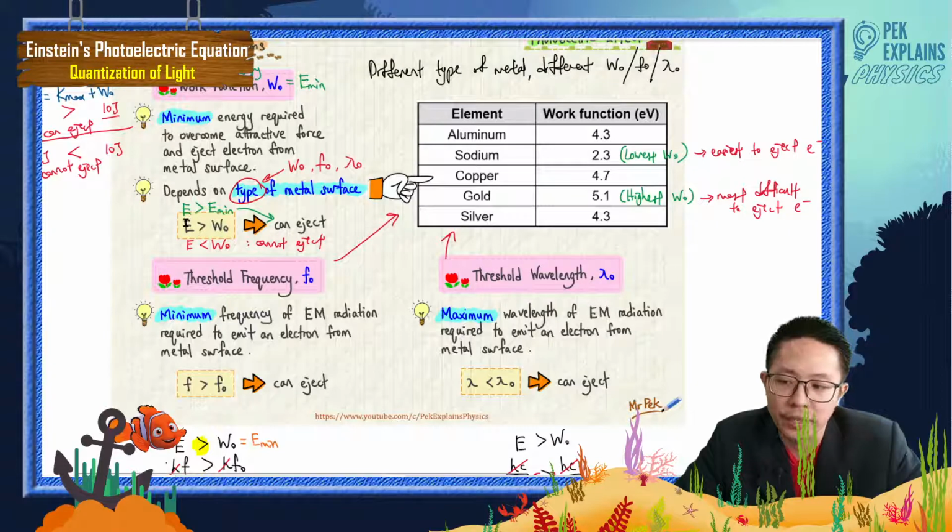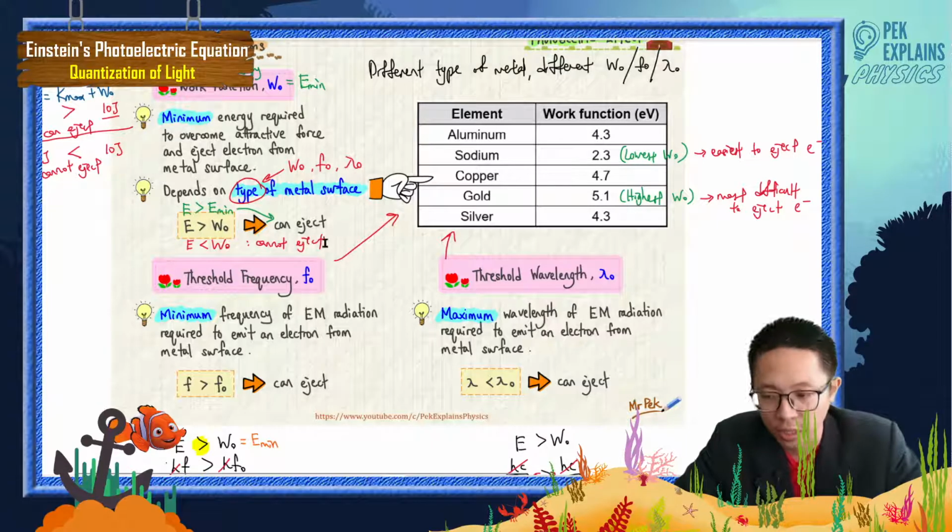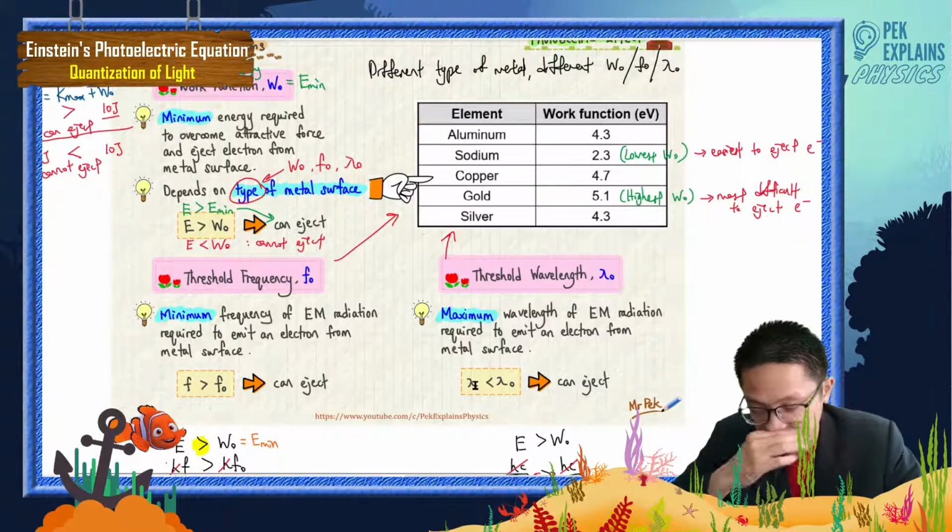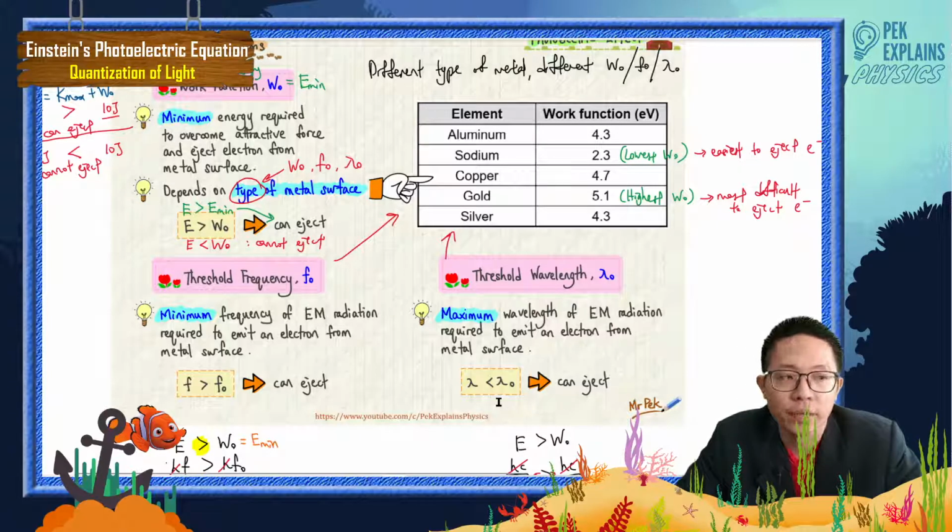To eject, the incident photon must have more than the minimum energy, more than the work function. Or we can say the incident frequency must be bigger than the minimum frequency, or we call threshold frequency, then only can it eject. The wavelength needs to be smaller than the maximum wavelength, or we call threshold wavelength, before it